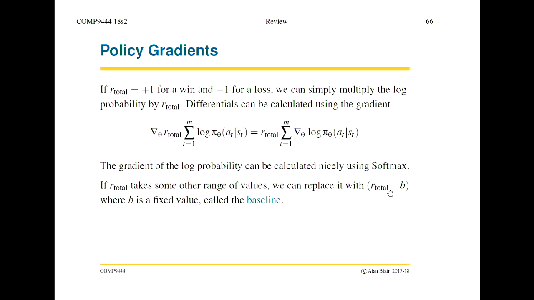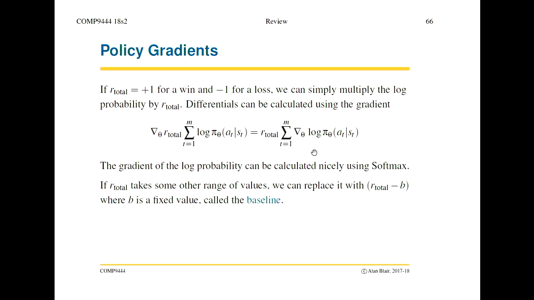And then we saw that if we subtract off a baseline, that actually makes the learning quicker and more stable. In the case where the R is either +1 or -1, we don't need the baseline. But if you were in a situation where you get 5 points if you win and 3 points if you lose, then this equation will eventually converge, but it takes a long time, because even when you lose the game, it's still increasing